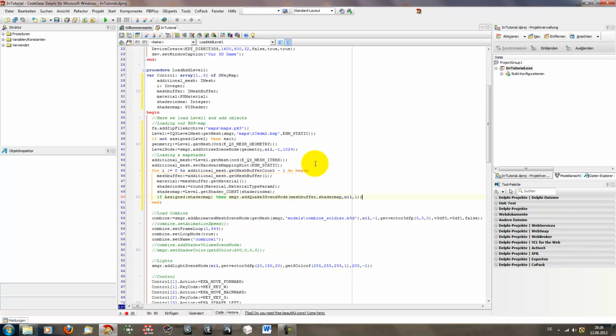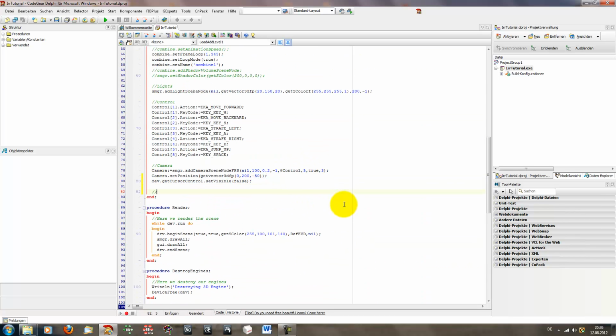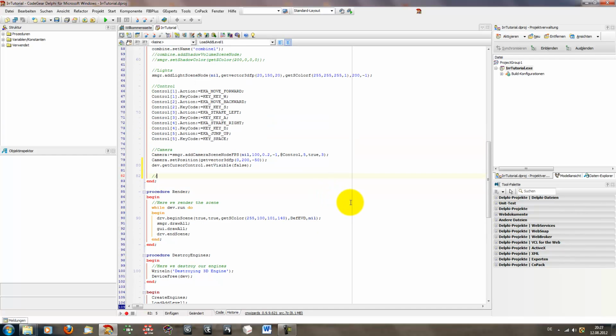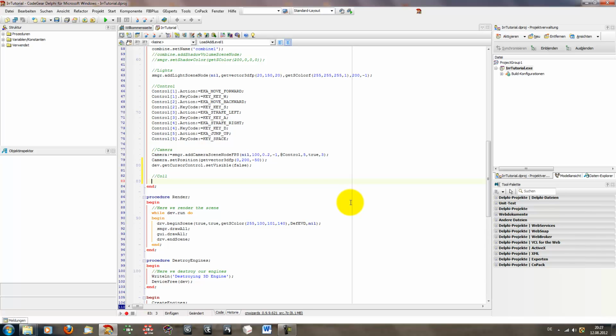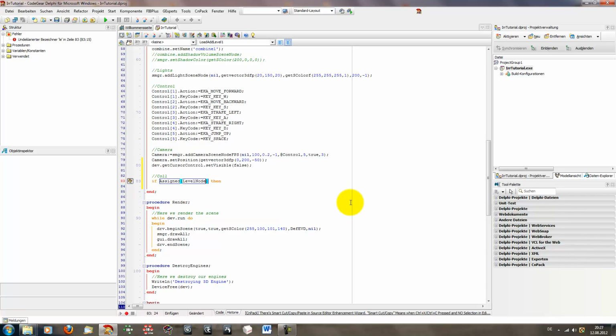So the best thing is we start at the ground of our load level 1 procedure, collision, and then we say if assigned level node, then begin